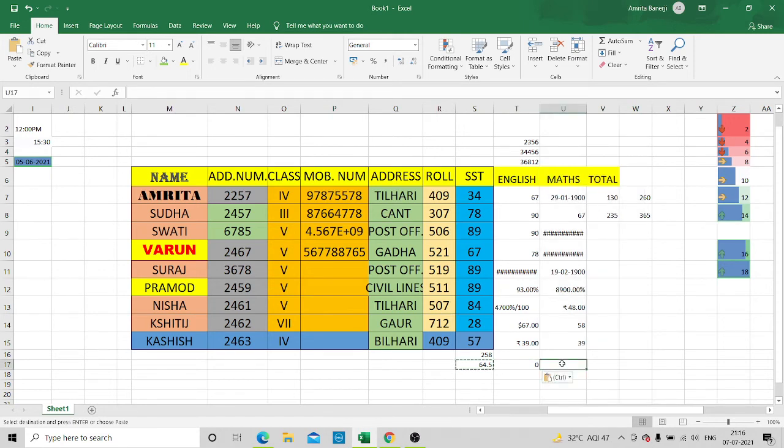Okay, so children, you have seen one thing, that over here the name of the cell was S16, but when I have copied it to here, the formula got changed to T16. So children, this is actually called relative referencing.